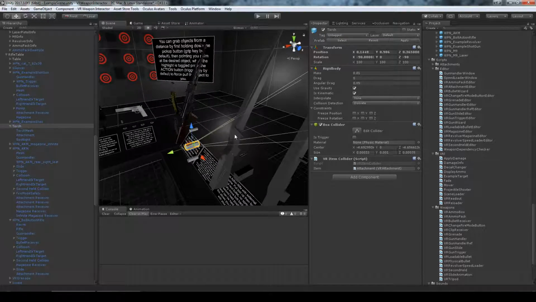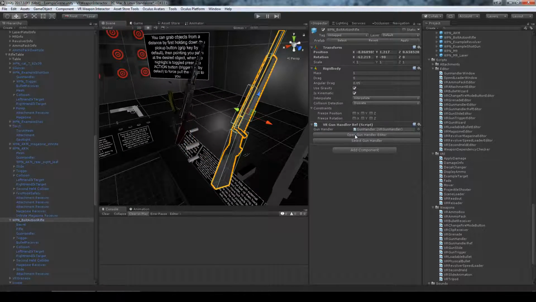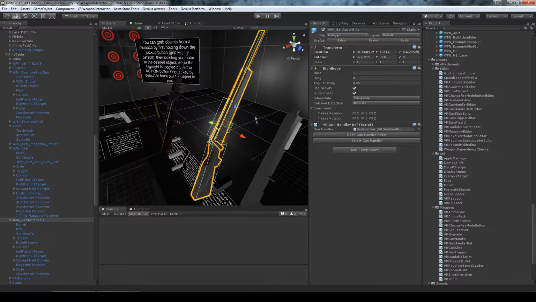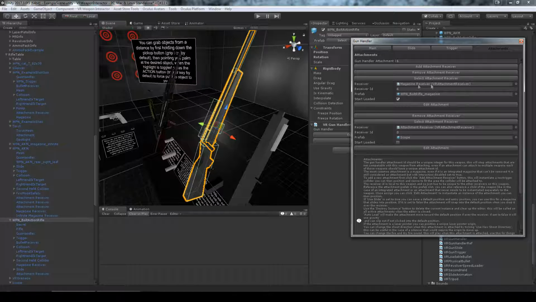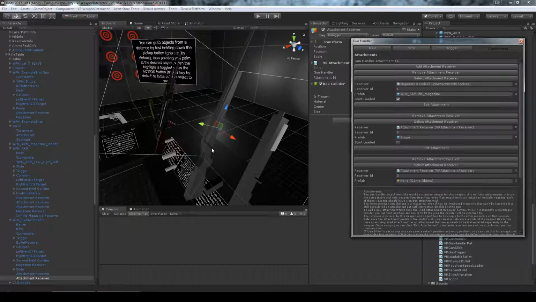If you take your torch, we can go to our bolt action rifle. Say we want to have a torch attachment. We want the torch to be compatible. You can go in here and you see that right now it's compatible with its magazine and it's compatible with the scope. So if we add a new attachment receiver by clicking this button right here, the first thing it's